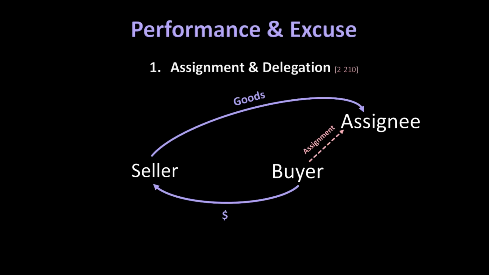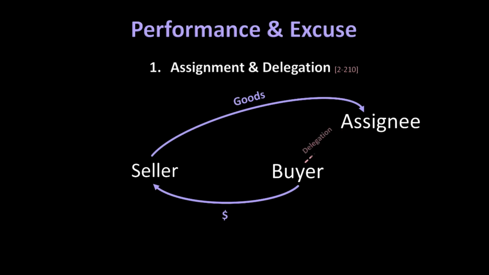Specifically, the assignee inherits the contractual right to expect performance from the non-assigning contract party, as well as the contractual right to seek damages against the non-assigning contract party if its promise to perform is breached. From the perspective of the non-assigning party, upon an assignment of a contract, the non-assigning party may only discharge its contractual obligations by rendering performance to the assignee.